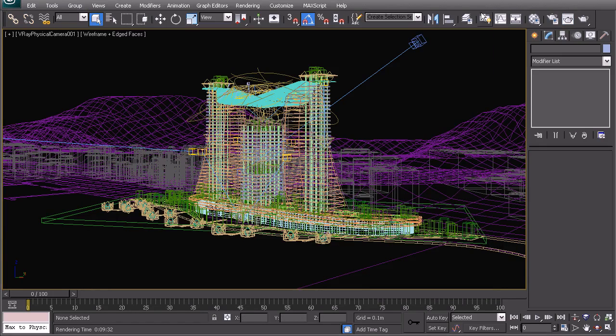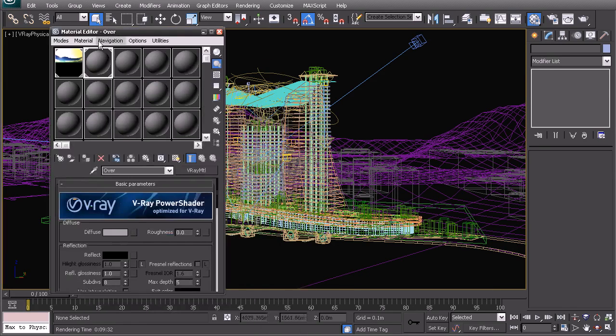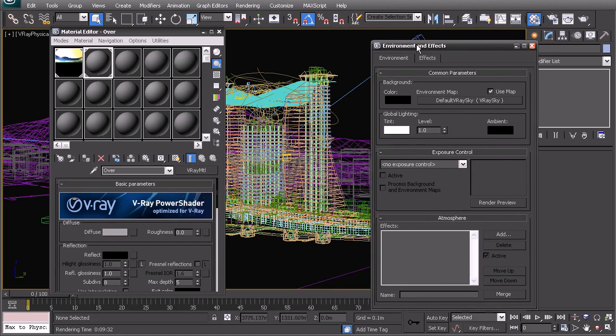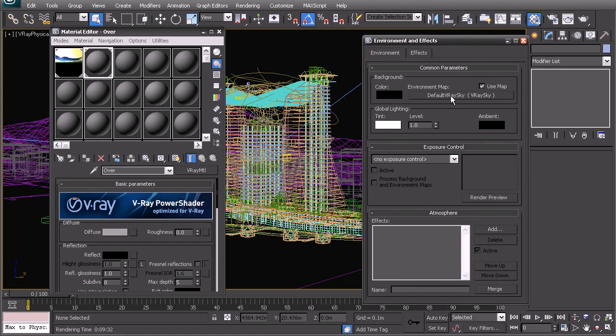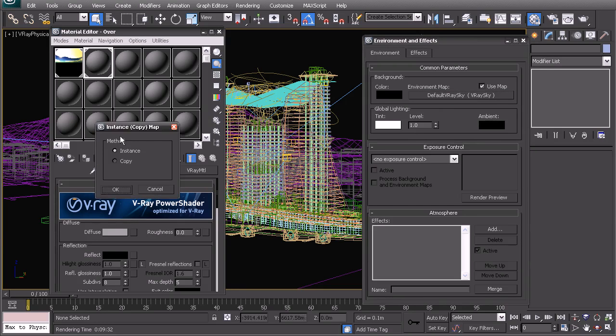So let's go straight into that. First of all, let's go into our material editor, and we're going to open up by pressing number 8 our environment and effects, and you'll see here we have a V-Ray sky. So we're going to instance that across,